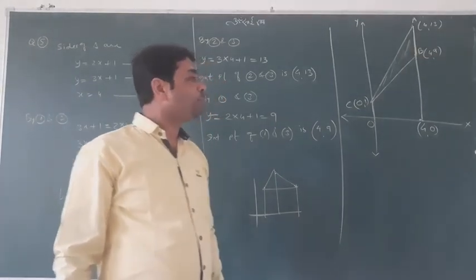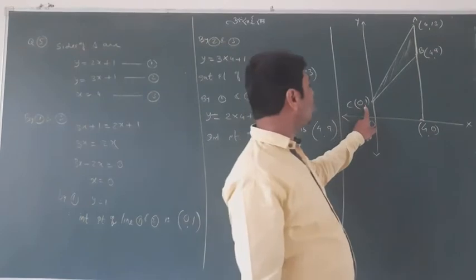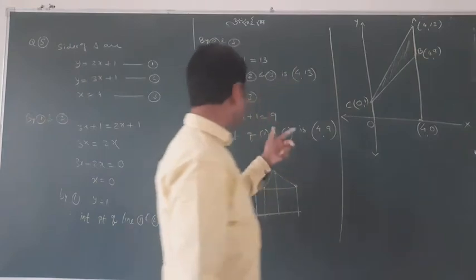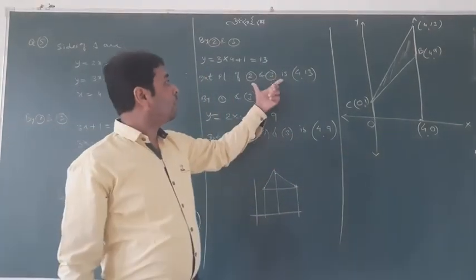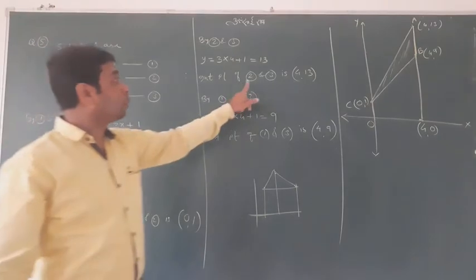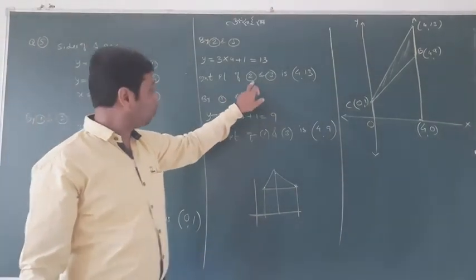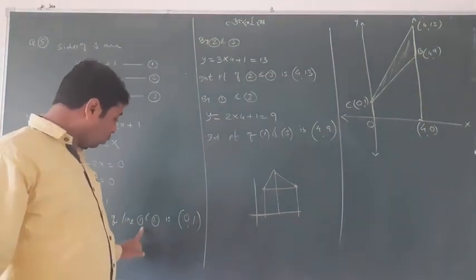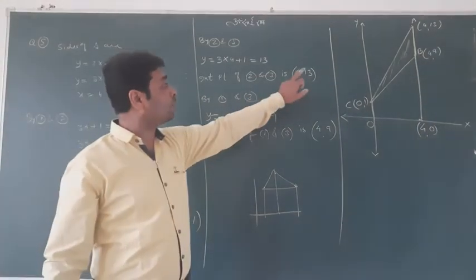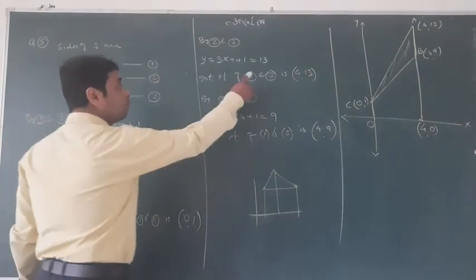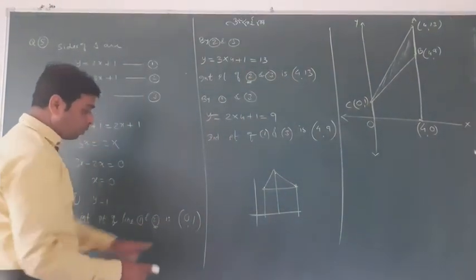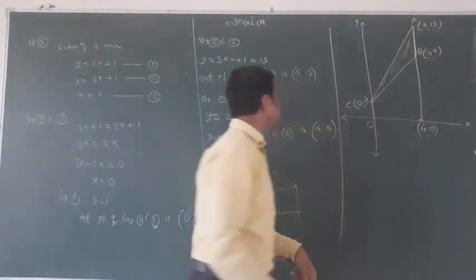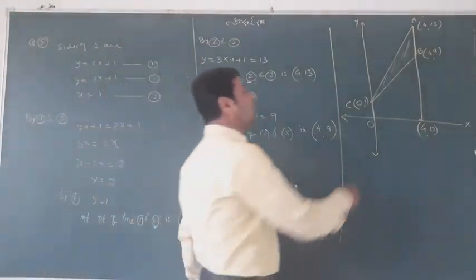Can you see one thing, that (0, 1) and (4, 13), these 2 points, the line passing through these 2 points. Can you check? This is lines 1, 2 and lines 2, 3. What is common? 2. See again, these 2 lines pass through (0, 1) and these 2 lines pass through (4, 13). What is common? 2. Meaning the second line passes through (0, 1) and (4, 13). From these 2 points, which line is common? 2. Meaning the second line is passing through these 2 points.